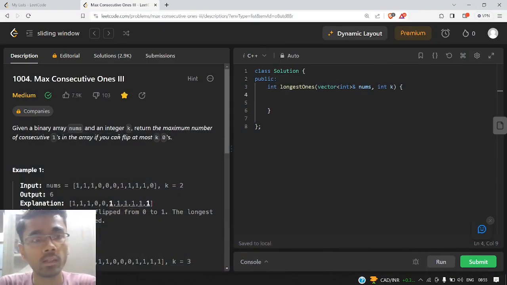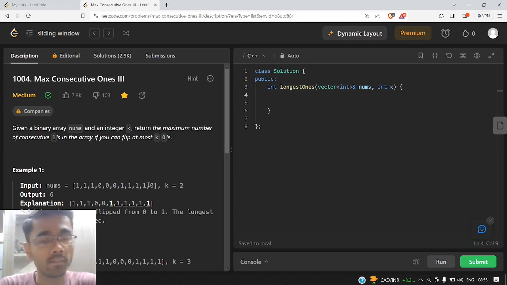So hello everyone, in this video we will see a LeetCode question of Maximum Consecutive Ones. In this question we are given a binary array, that means the array contains only zeros and ones in it, and we are given an integer k. So we need to return the maximum number of consecutive ones in it with the condition that we can flip at most k zeros in that array. So what would be the maximum number of consecutive ones with at most k zeros in it?